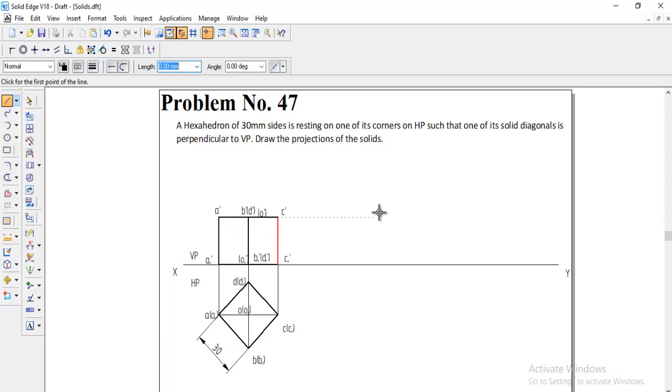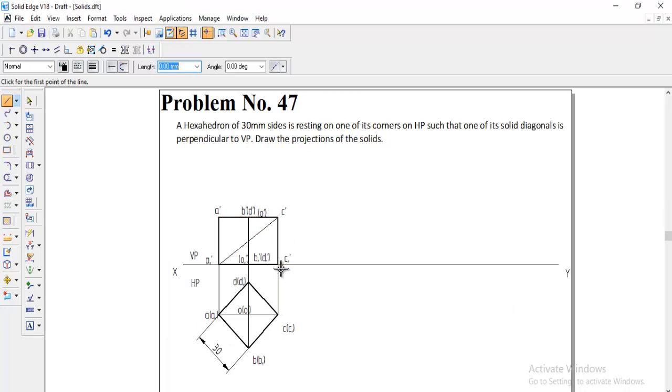So first we can make the diagonal line parallel to both the horizontal plane and the vertical plane, and then easily we can rotate it to perpendicular. So that is the procedure we have to follow. And the diagonals here, we can take the solid diagonal from C to C dash to A1 dash, as well as A dash to C1 dash, but this one is already resting, C1 dash is the resting corner, so we leave it and take the remaining one, that is from here C dash to A1 dash. This one is a solid diagonal. Now this solid diagonal we need to make perpendicular in the last step. So that's why in the second step we will make this one horizontal, and then in the last step we can easily make it perpendicular.